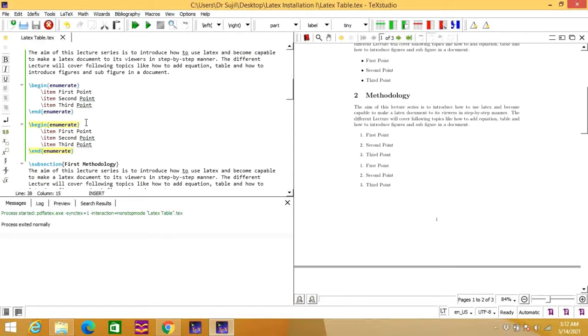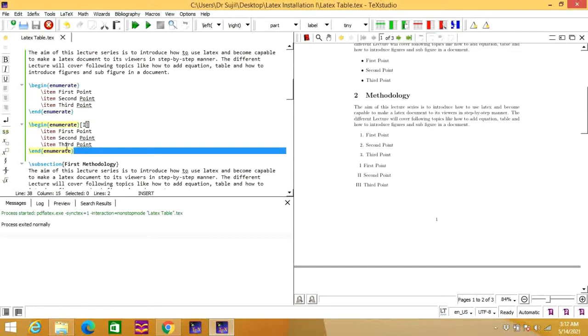Now if I want this number in Roman numerals, you need to put a square bracket after enumerate, then you write I, capital I. Now let us run and see what happens in this document. So this is coming as first point, second point in Roman numerals.